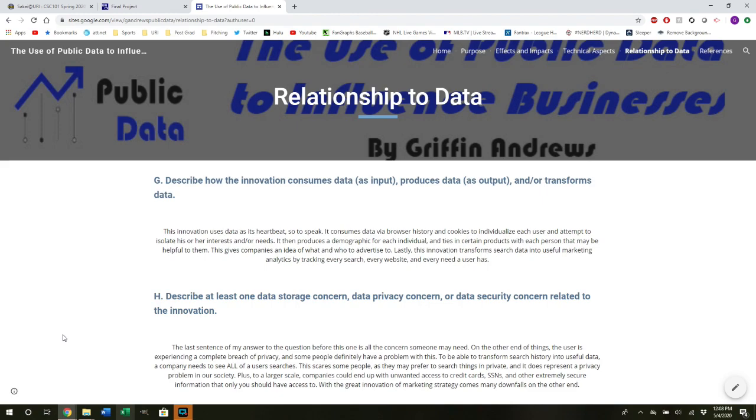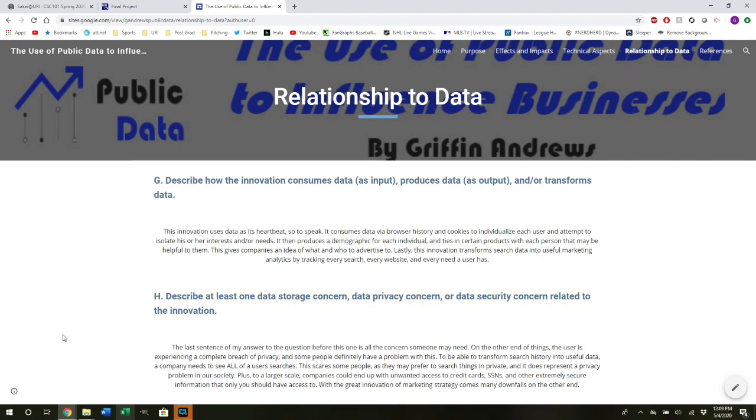That is absolutely a 100% legit concern. To be able to transform search history into useful data, a company does need all of our search history, whether we like that or not, because every little search matters and everything sorts you into your own individual demographic, even further into your profile. This scares people. It scares me. It should scare everyone, rightfully so,